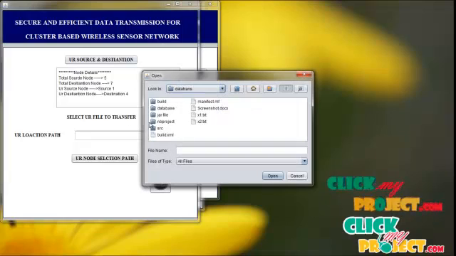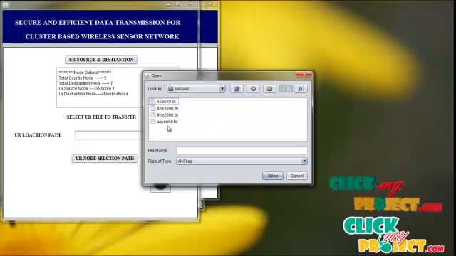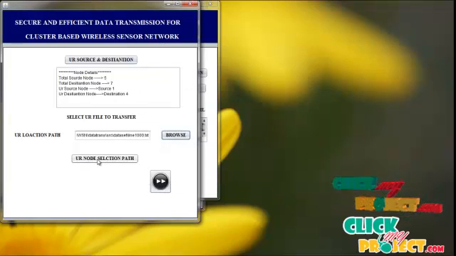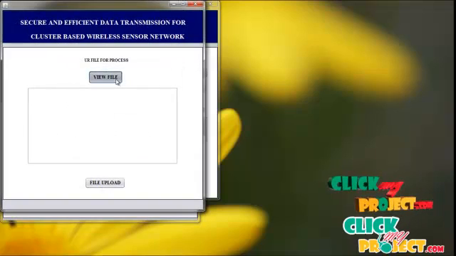Now we have to select any one of the files from SRC and click the data set. We have to select any one of the data sets and click. We have to do your node creation. The data should be sent from source 1 to destination 4, and click the next button and view your file